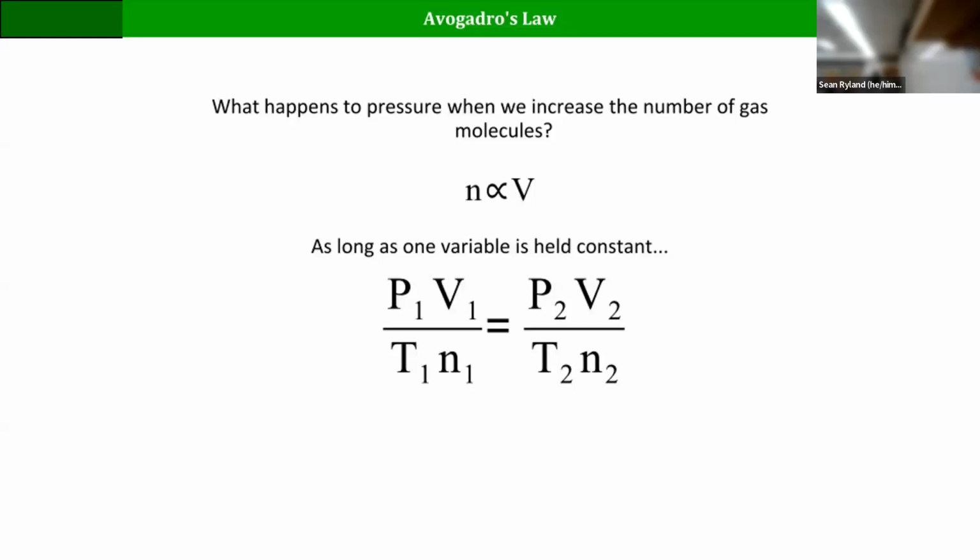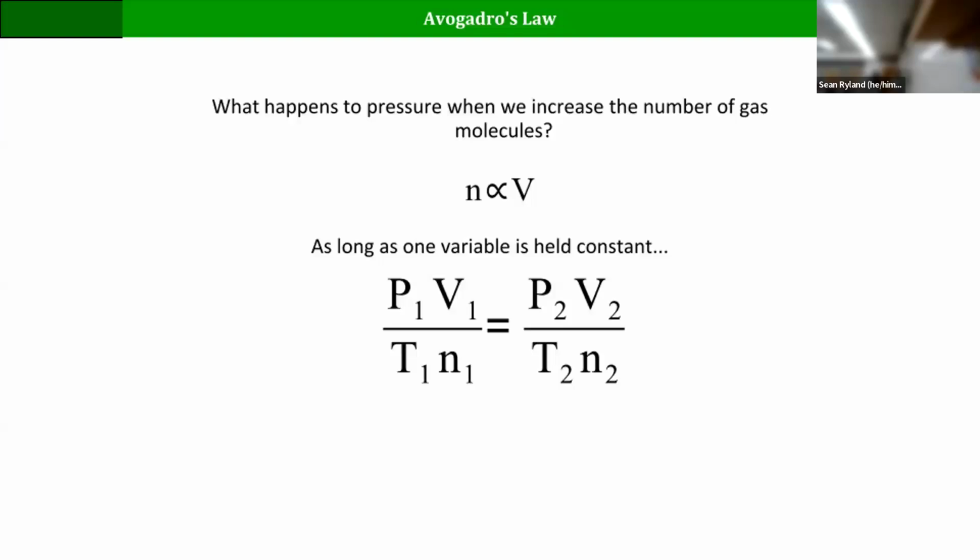If your pressure and your volume don't change, then nothing changed. Actually, that's not true. If neither your pressure nor your volume changed, these go away and you get 1 over N1 T1 equals 1 over N2 T2. So your moles could change and your temperature could change, and they're inversely related. This is actually why, when you vent gas out of a cylinder, frost forms on the outside,